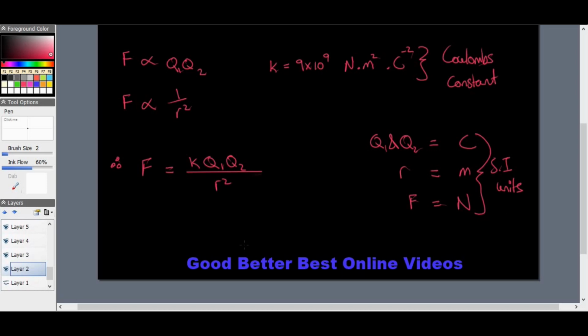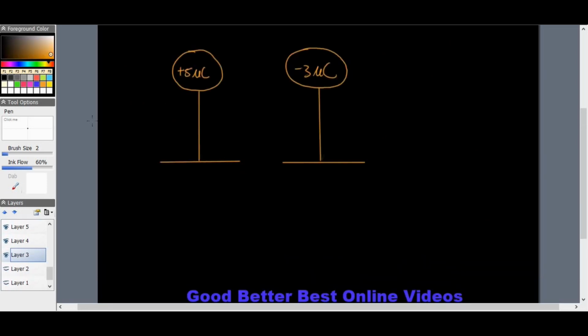Hope that makes sense. Cool. So, shall we take a little bit of an example? Just wait for you to get that down quickly. So let's say we have two charged spheres. One has got a positive charge on it. We surely should know that little symbol by now. This little Greek letter is pronounced mu. And we've got positive 5 microcoulombs, and we have negative 3 microcoulombs, and the distance between